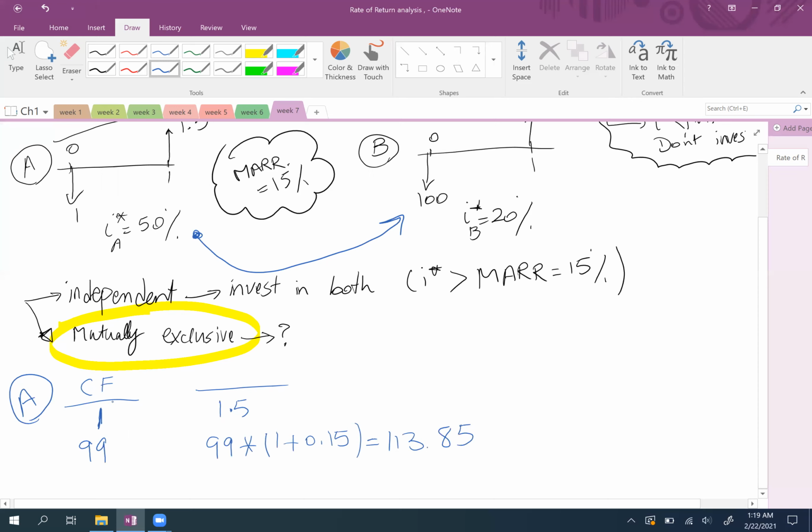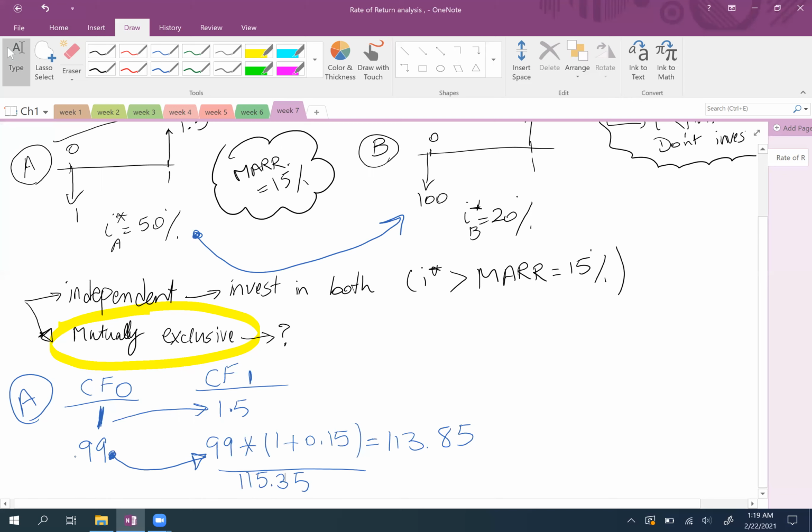So with $1 that I had, cash flow at time 0, this is cash flow at time equal to 1. With $1, I know I could make 1.5. But with the remaining $99, in the worst case scenario, I can invest it in a project that gives me 15% interest rate. So if I add up these numbers, it will be